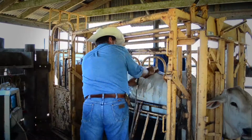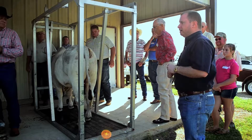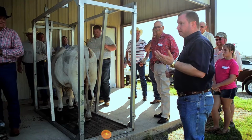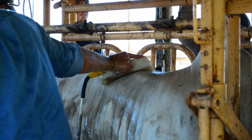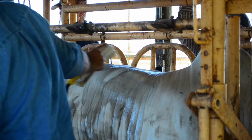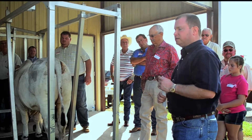Back in 2003, ultrasound technology had been around for quite some time, and we really saw that there was a need for several reasons. One, primarily we needed to improve the carcass quality of the Brahman breed. But to start off our ultrasound program, we tested 2 or 3 different herds, and we did them on a repeated basis. We started at 10 months, and we did them every 2 months until they were 16 months